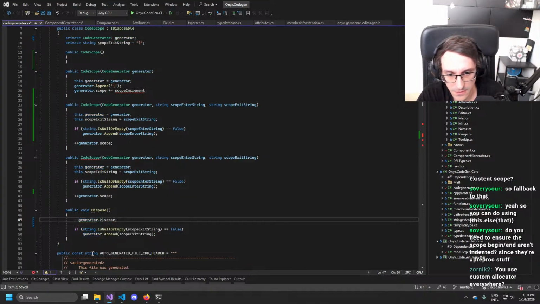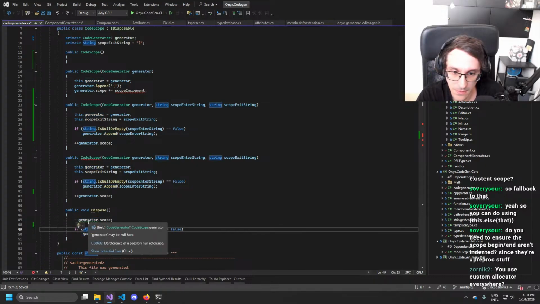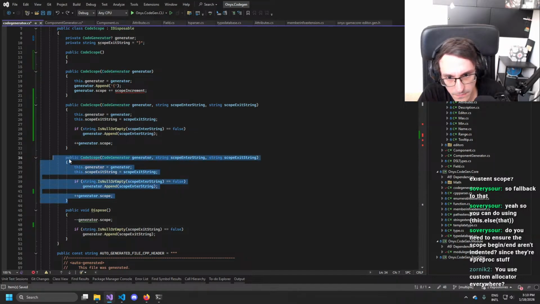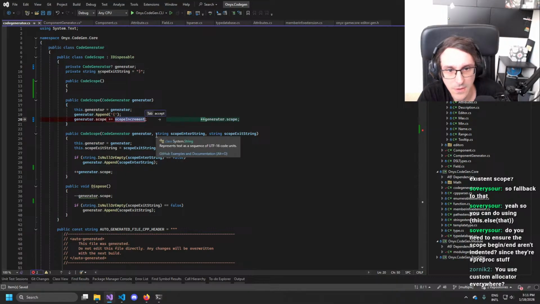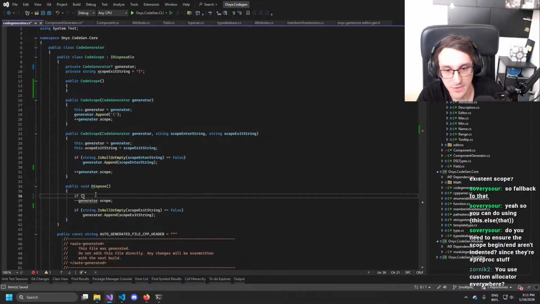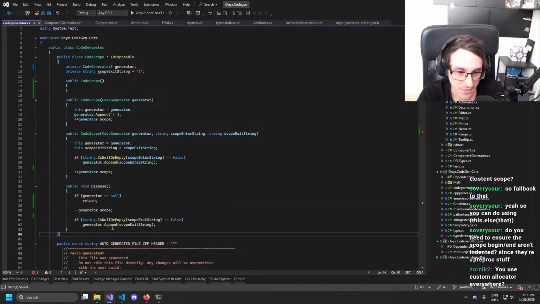Is that not how it's done, or is it like that? Fix with Copilot, yes please. I thought that would be it, but maybe not. Well, that one is like that. I guess we could do if generator. And we return. And then it's basically already guarded.